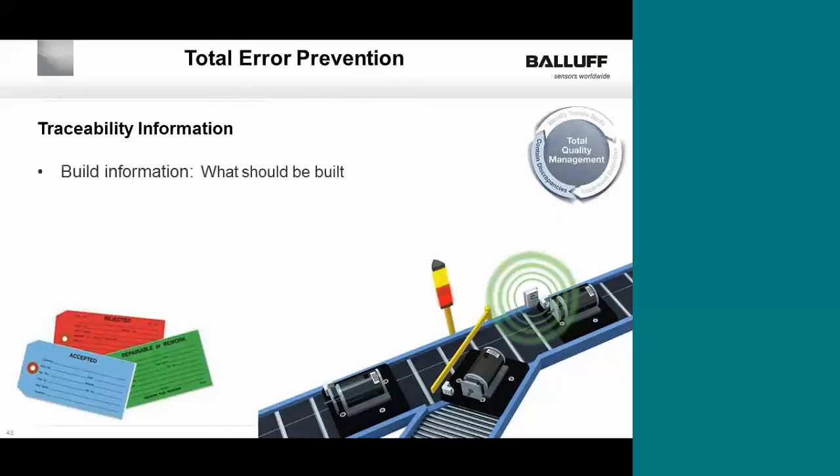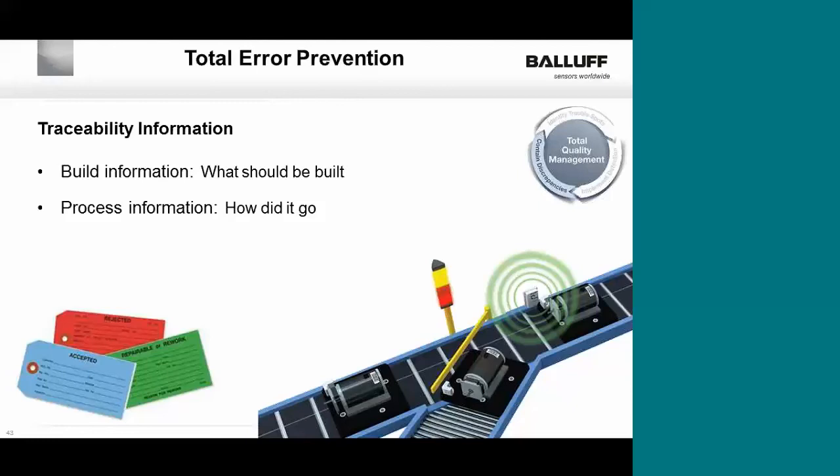And so if we look at traceability, what is that? Well, we want to contain information in our tracking and traceability as far as build information. So what's the bill of material? What should be built that's part of that bill of material? And we need to understand the process